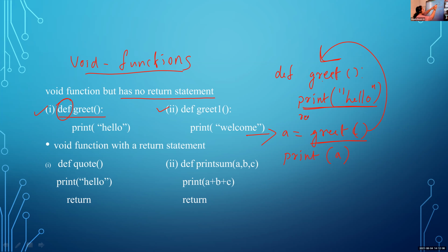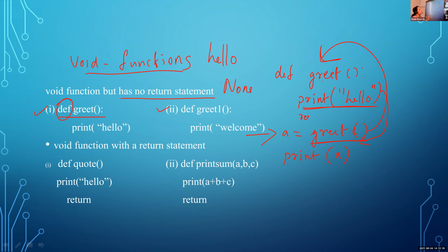So after executing this print statement, it will display hello on the output screen. Okay. After that, the control moves to this statement. Then which value is assigned to A? That is the problem. Okay. In a void function, if there is no return statement, it will return None.